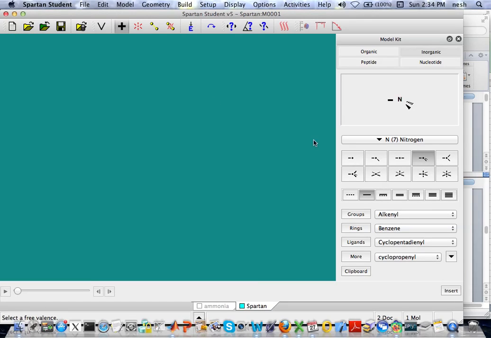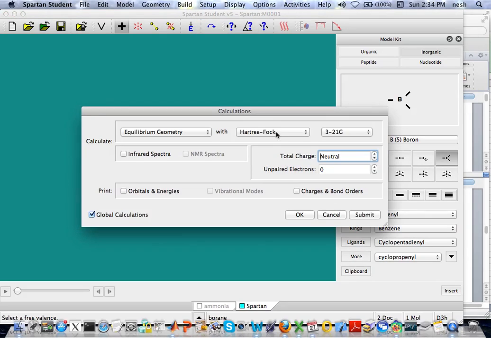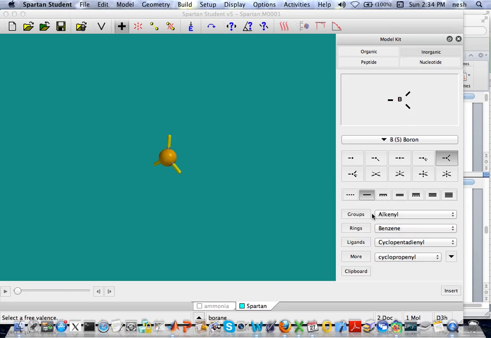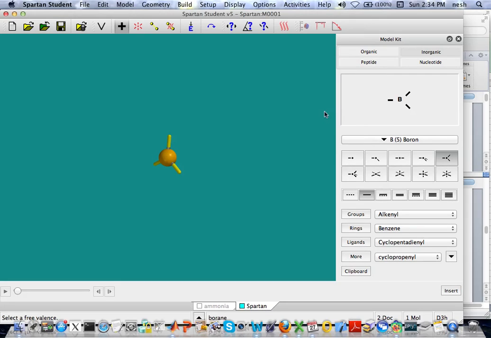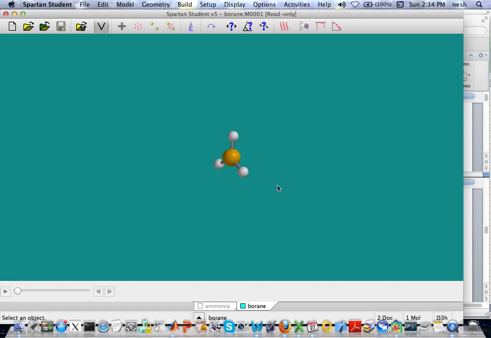I'm going to construct borane, and that's B. Now, you probably know, if you've done VSEPR theory on BH3, that it's a flat molecule. So I'm going to go ahead and select that. Same thing, calculations, go for a semi-empirical model. I'm going to save it there. And it started. Hopefully it'll finish pretty soon. There it is. Now, I'm not going to bring up the energy yet because I want to look at it